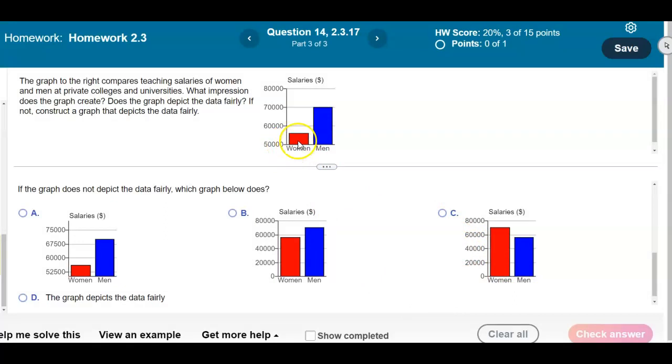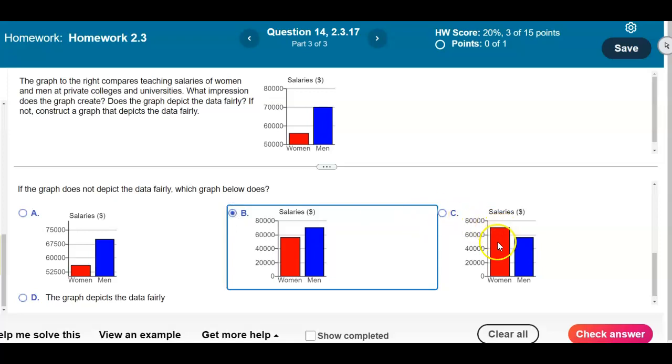Well, you can see that the salary for women is between 50,000 and 60,000, and we can see that the graph for men is 70,000. So over here, it looks like this value is close to 60,000, which is there, and we can see that this graph is in between 60,000 and 80,000, so it could be B. If we take a look at C, we can see that the salary for women is above 60,000, which is not the case over here. And you can see that the value for men is now below the 70,000. So it looks like the answer is going to be